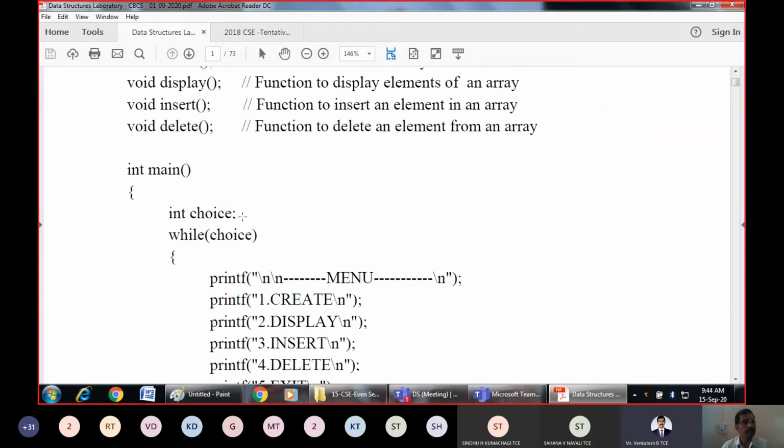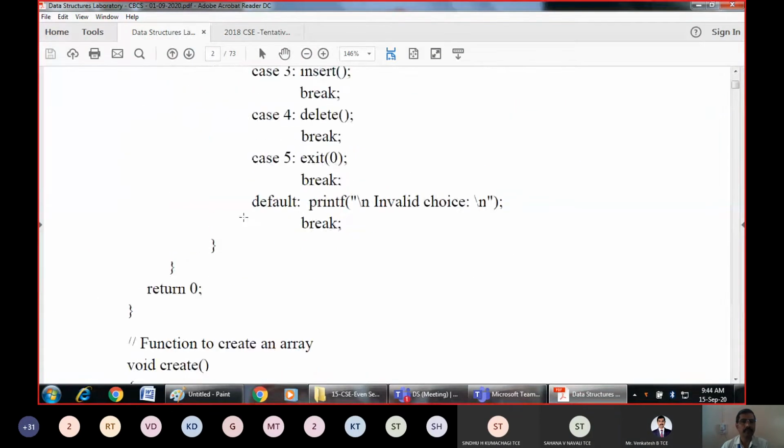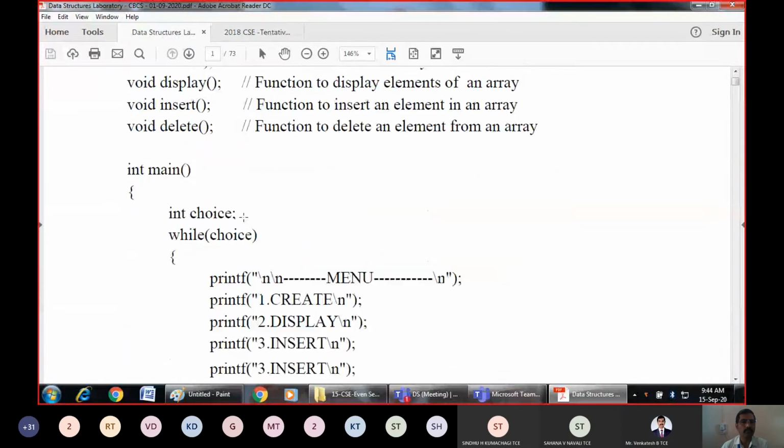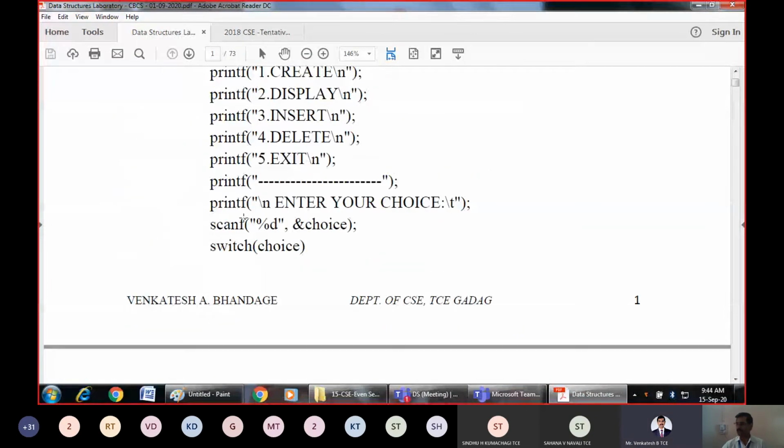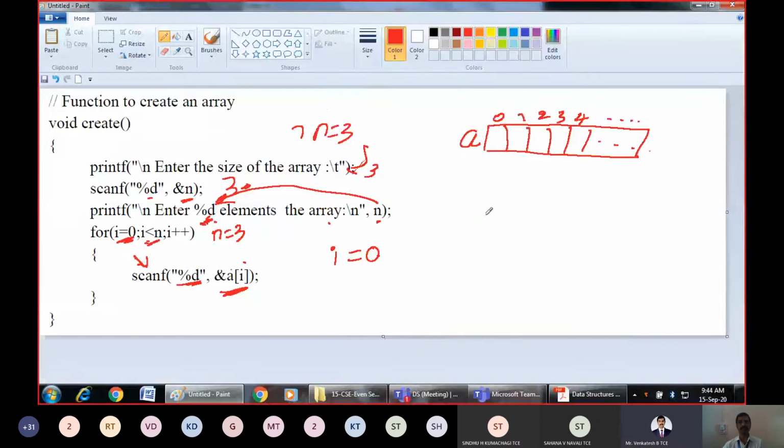Say for example, at this location you are trying to enter 5. That means from the keyboard, this is the input you are giving: 5, 3, 9. So some 3 elements you are entering. The first element entered is 5.